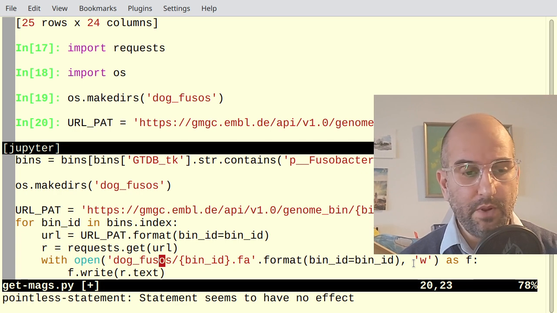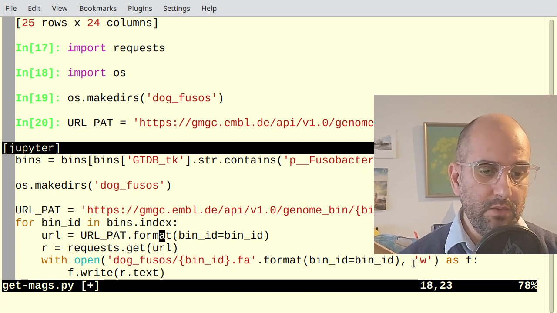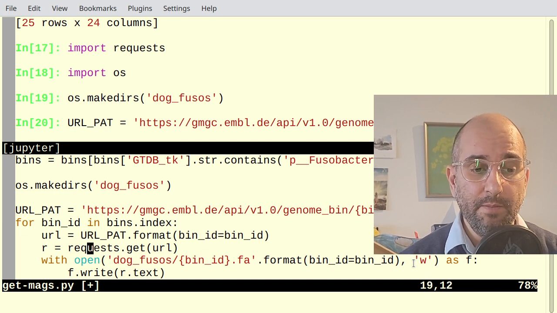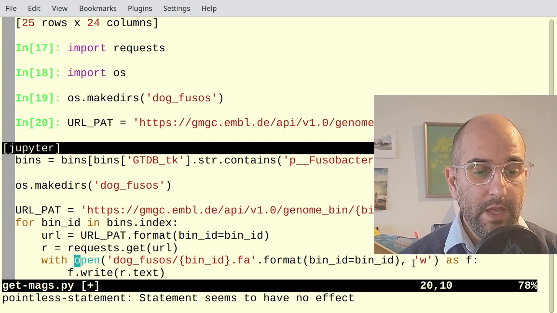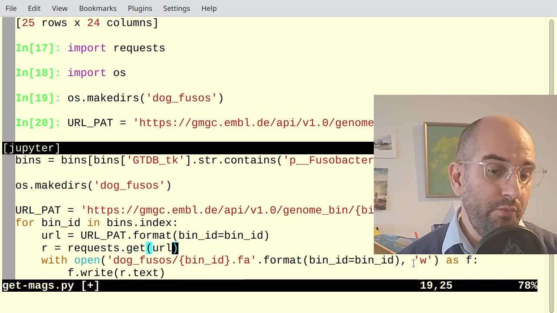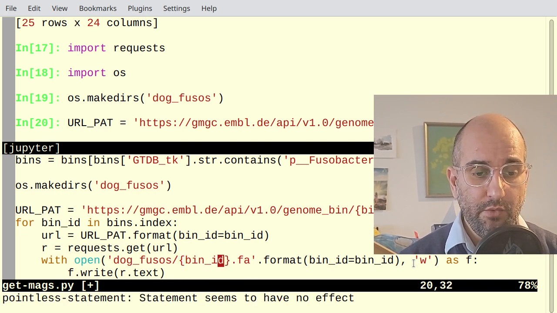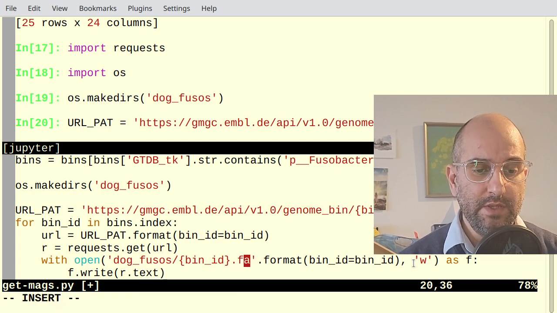This was GitHub Copilot, it just wrote this. So here we used URL. We build the final URL for each bin. We get, and then we use request.get to do the HTTP request, and then write. And the only thing I'm going to change from that is